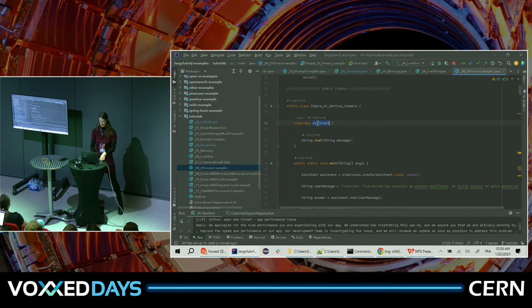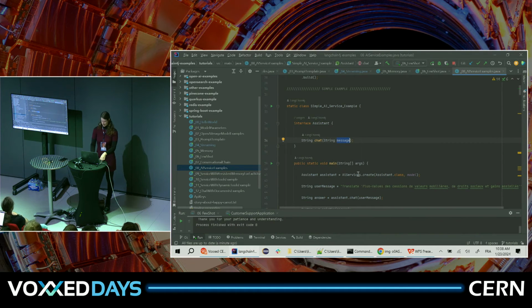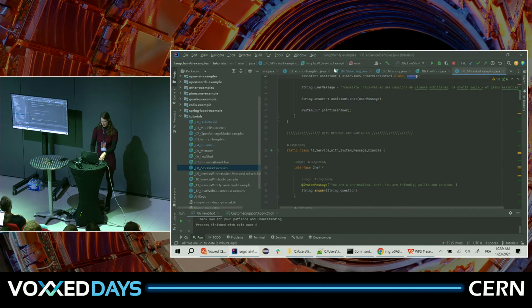So we have an assistant. We want to get an assistant object that has a method chat that takes a message and returns a message. And then when using this, you will do AI service create from our assistant class. We give it a model along because it needs one. And that's really it. Then it will create this assistant object for us, and we can start using it.